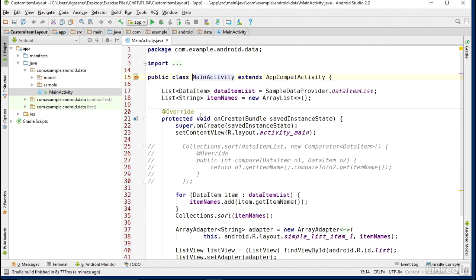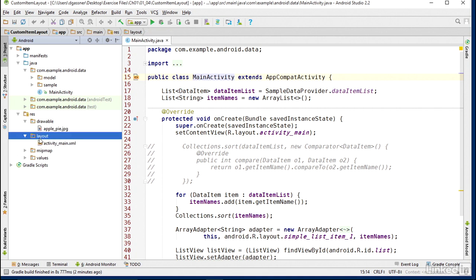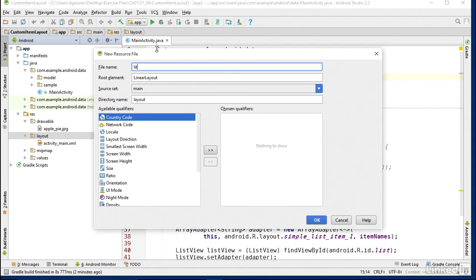I still have the code to sort complex data objects, but I've cleaned up everything else. I'll go to the Resources folder in the project window, and I'll show you that there's a drawable folder here with a file called applepie.jpg. I'll be using that to model my layout file. And then I'll go to the layout directory and I'll create a new layout resource file. I'll name it